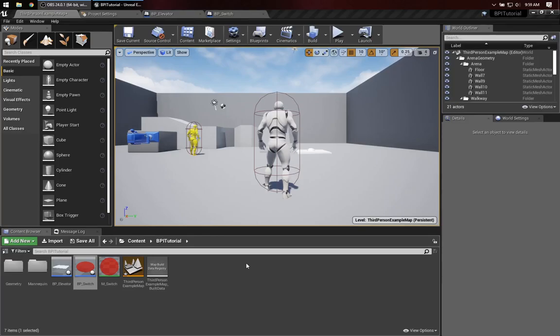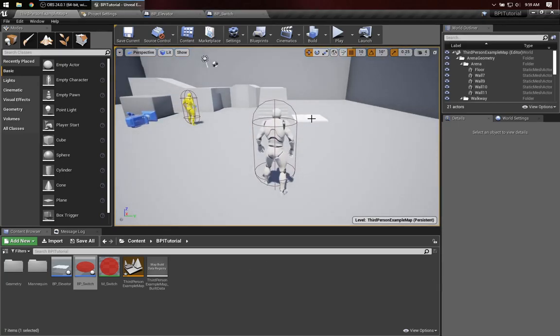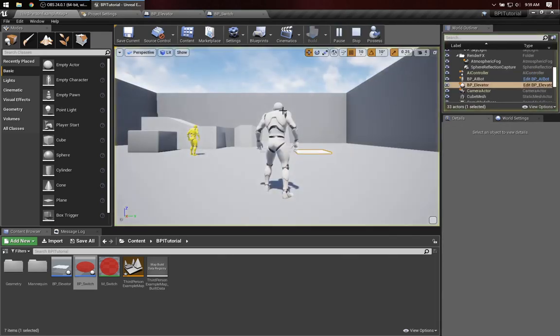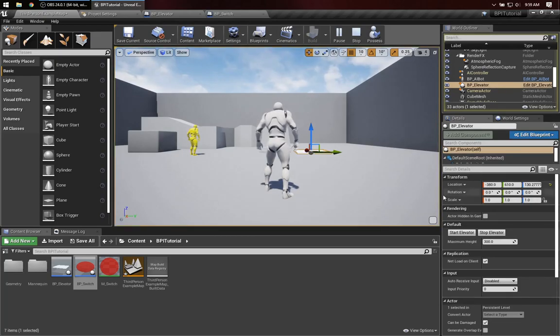In this video, I want to talk about decoupling using Blueprint interfaces. In order to motivate that, I've created a level based on the third-person template, and into this level I've added an elevator and a yellow robot. If I run the level and press F8, I can select the elevator, and you can see that I've exposed